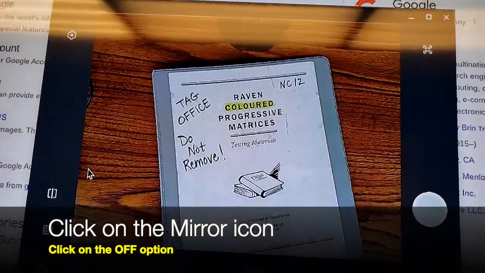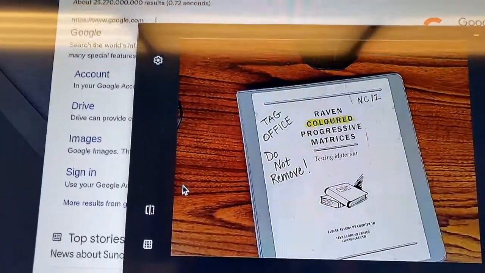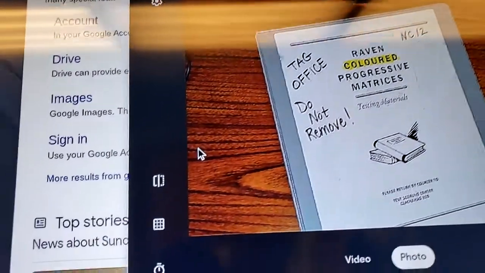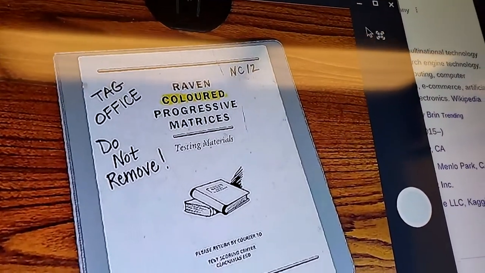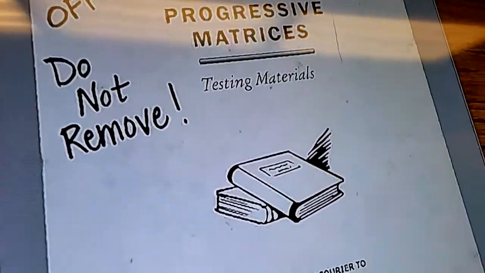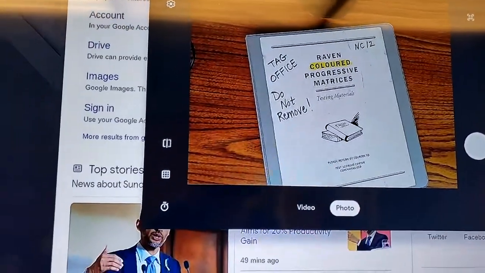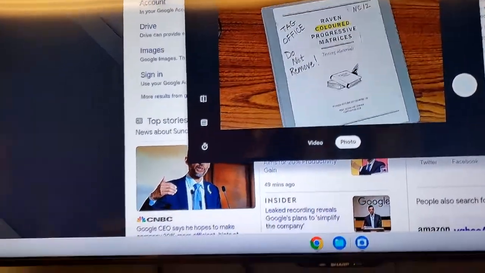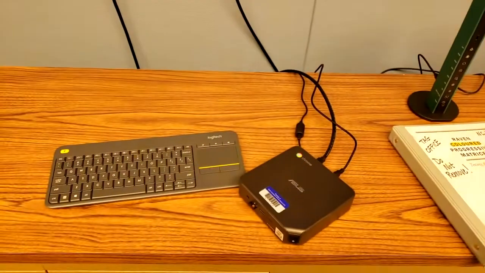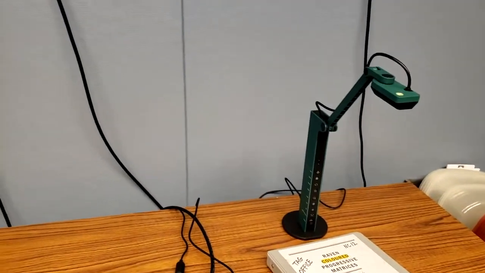Now I have not only my document camera open, but I have maybe some slides as well. I can move different windows around as I see fit. I can also go up here and I can make this full screen if I want to, and now it's full screen. I can also exit this, or I can go up here, so I can exit it, go into the X, or I can just resize it, and there it is. So really easy, again, all in one. You got your internet, you've got your Chromebox connected to your document camera, and everything that a teacher should need